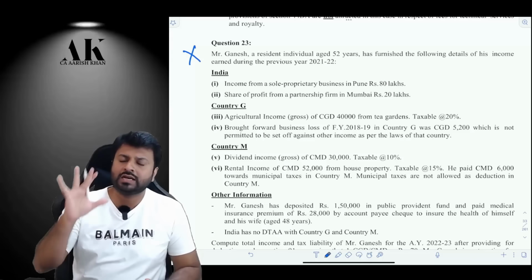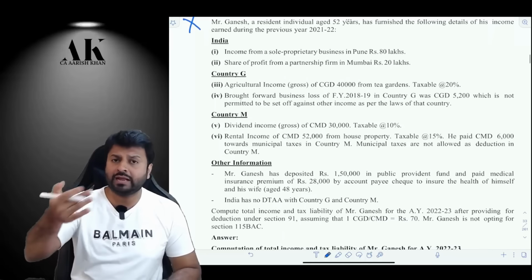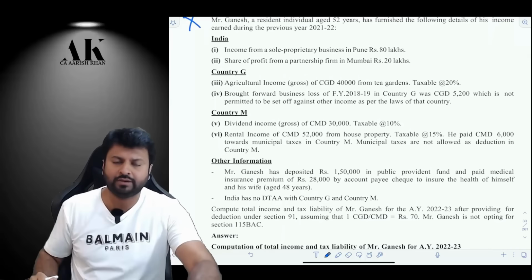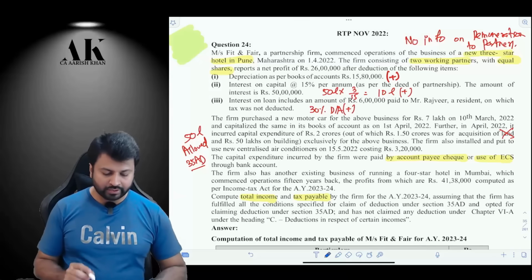Otherwise, I am not going to touch a unilateral relief question. Whenever a different question comes, I will definitely touch it. If you have time, you can go through it on the day of the exam. Don't waste time. Okay. So let's move on to the next RTP, that is RTP November 2022, and the first